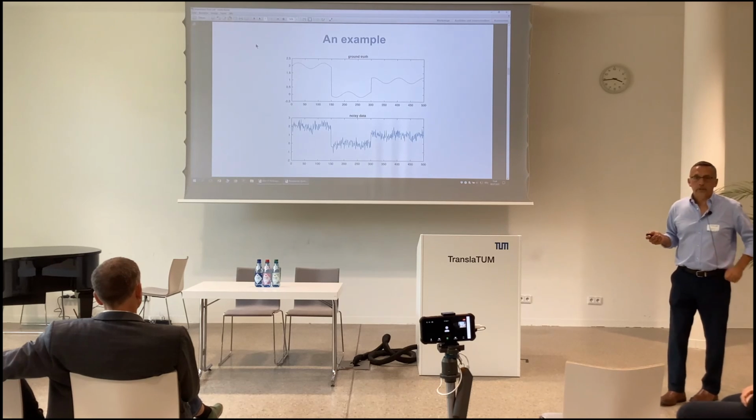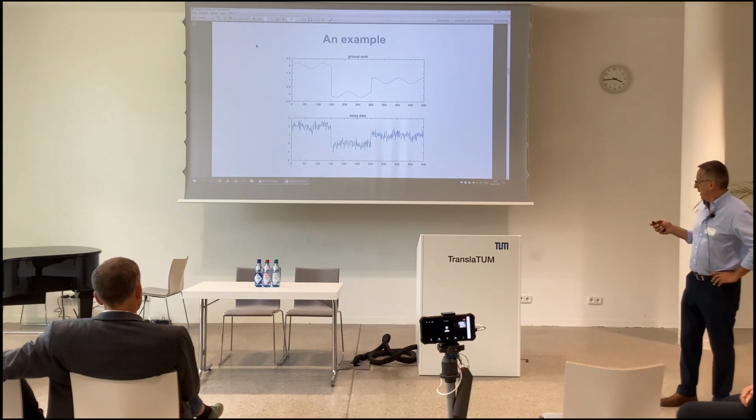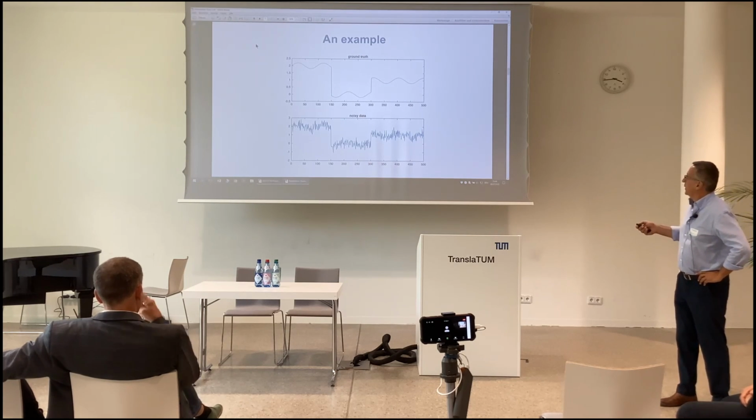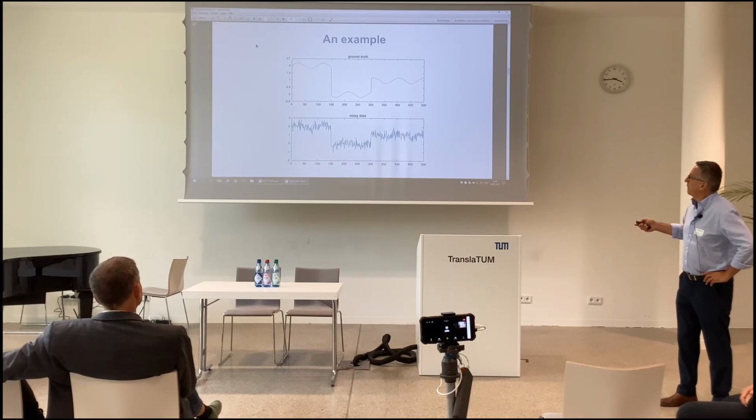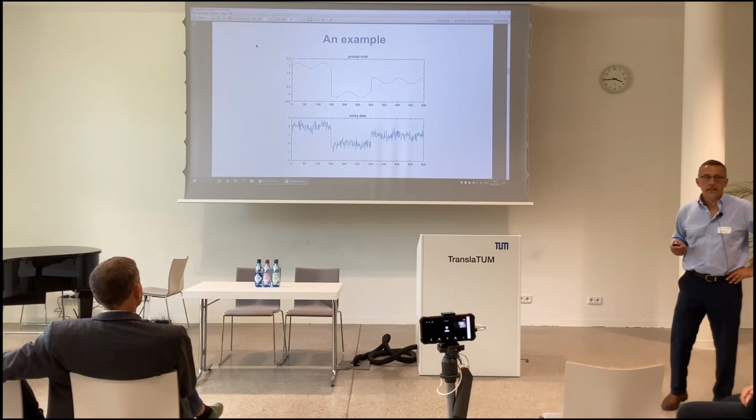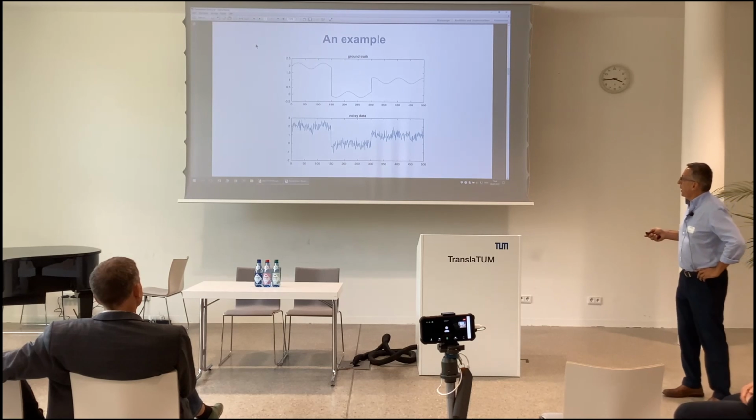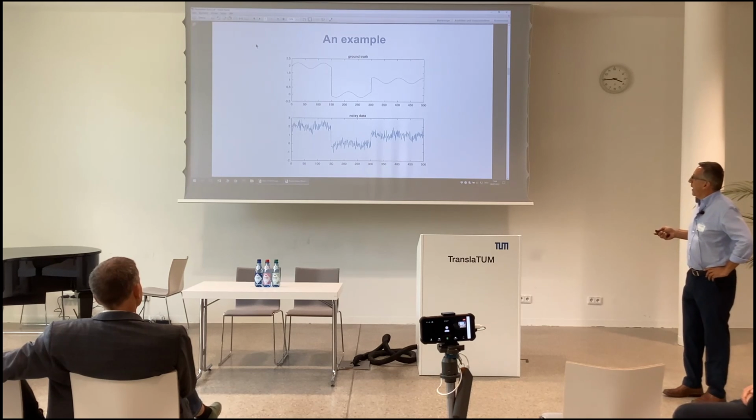So here is an example. Suppose you have a function that looks like this. This is a time function, and it represents the ground truth. And then you have a noisy version of it. And then you would like to estimate this function